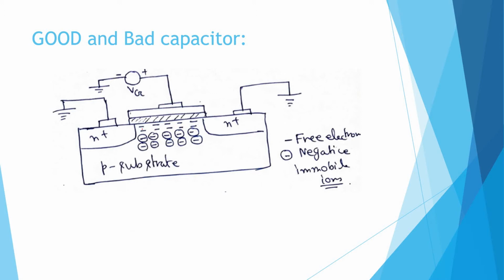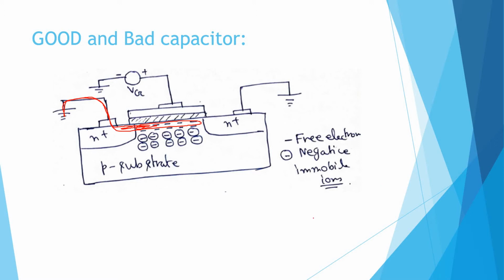This part is forming one capacitor, and if you consider this part as the negative plate of the capacitor, which is formed by free electrons, it is directly connected with the source, which is also negative, right? You can say short circuit, short circuit with the source, which is directly connected with the ground. So there is one short circuit path in the channel. You know that when the channel is formed, there is a short circuit, you can say, between the source and the free electron channel.